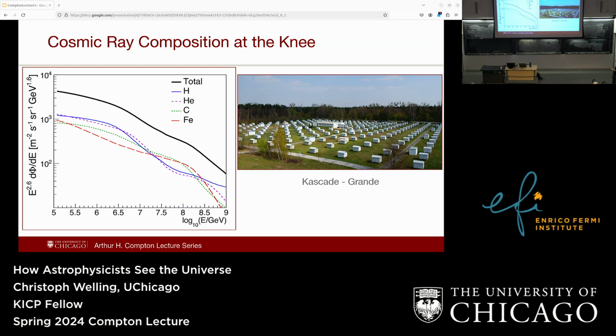It can accelerate the heavy elements a little further, but not that much further, and then it drops off. And then you have another type of source that can produce higher energy, and that gives you back your hydrogen. And we're going to talk a little bit more about where this comes from next week, when we can figure out a better picture of where these cosmic rays come from.